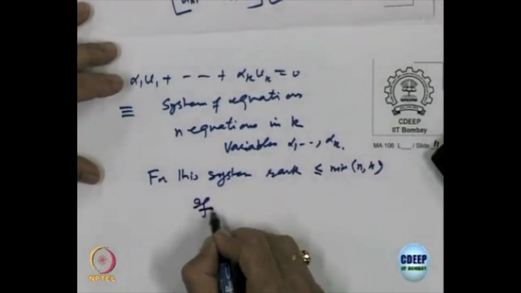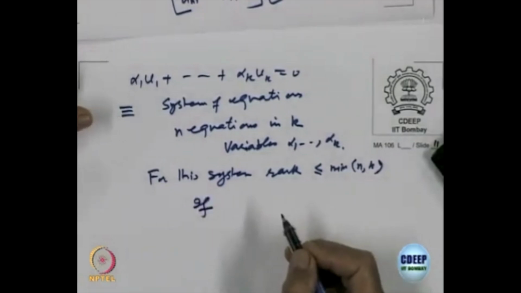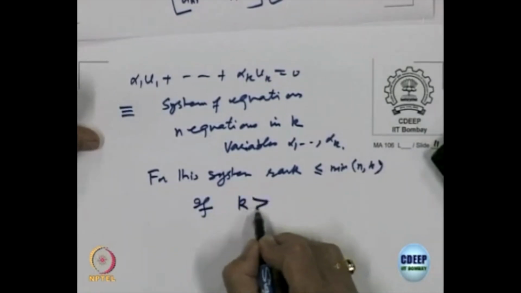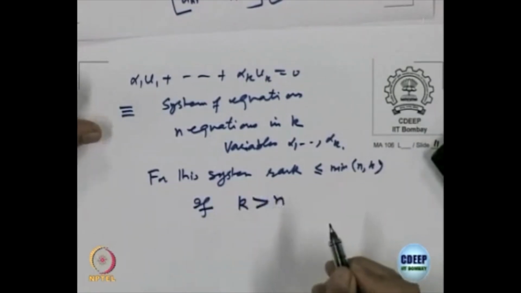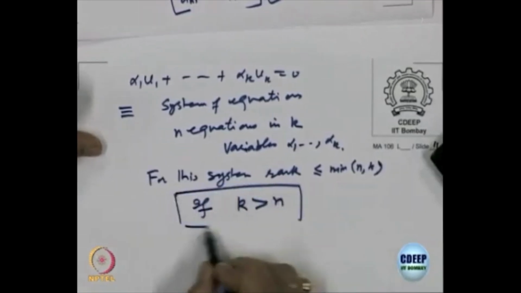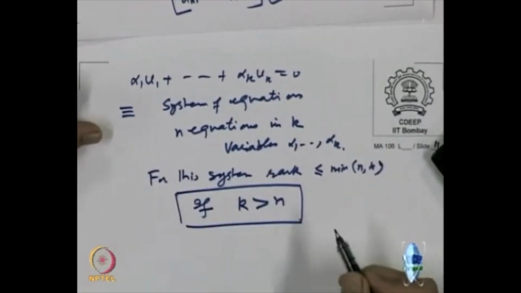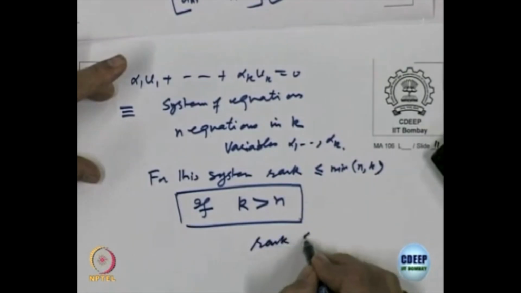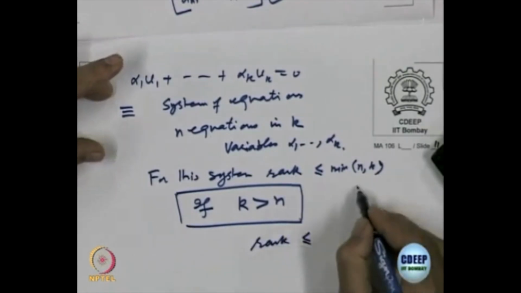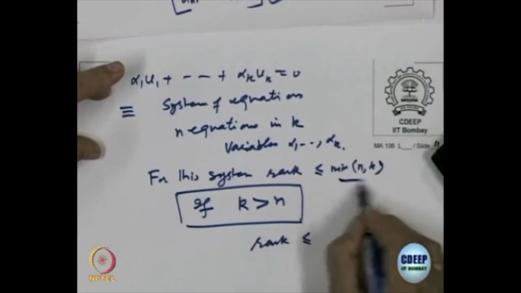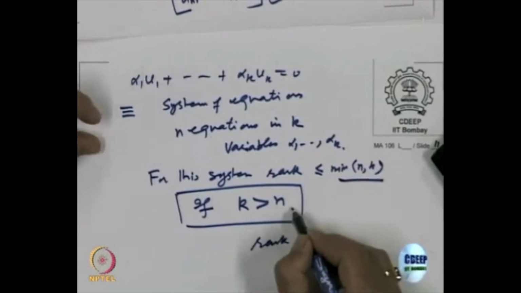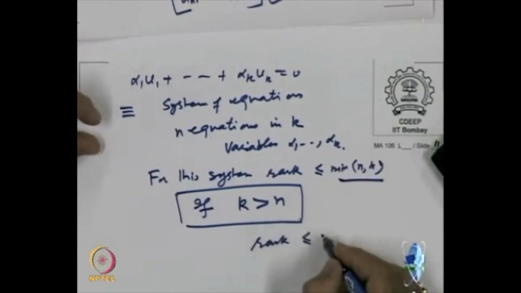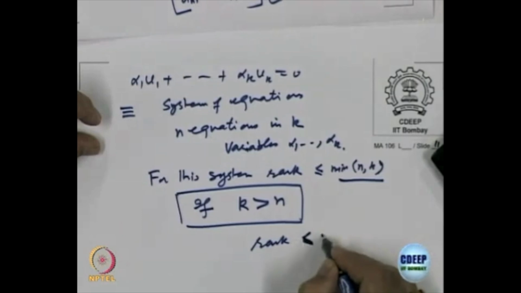So if k is strictly bigger than n, which is the assumption we are making, so the number of variables k is more than n, then what will happen? The rank will be less than or equal to the minimum of k and n, that is n,